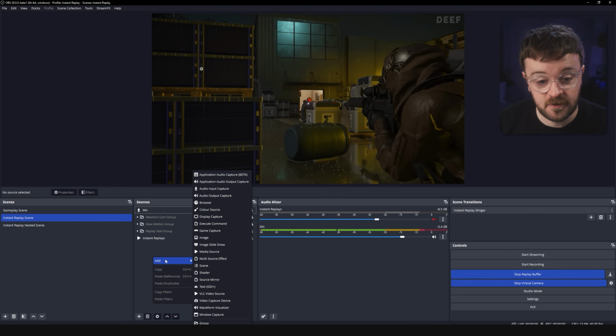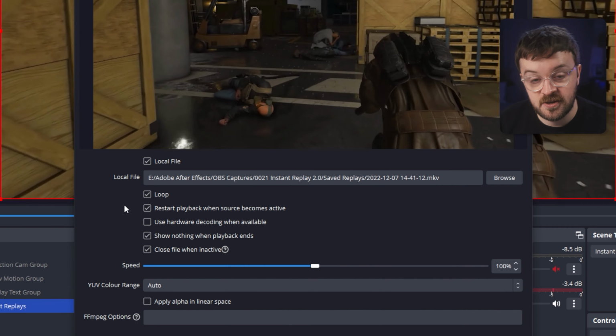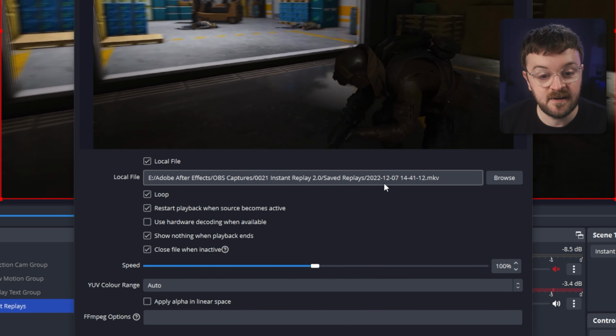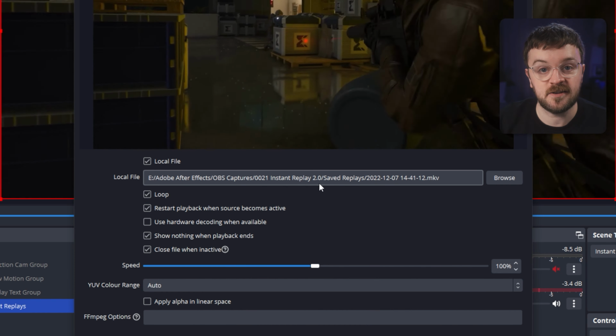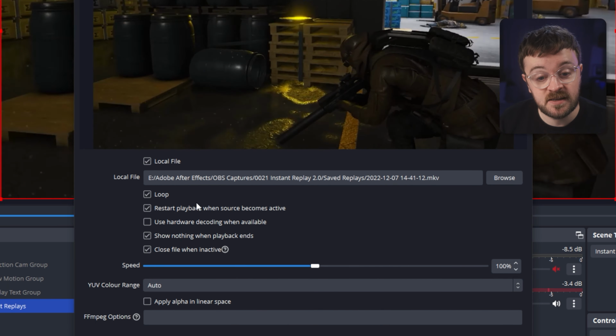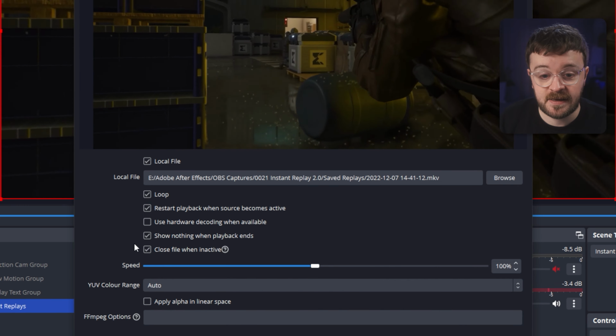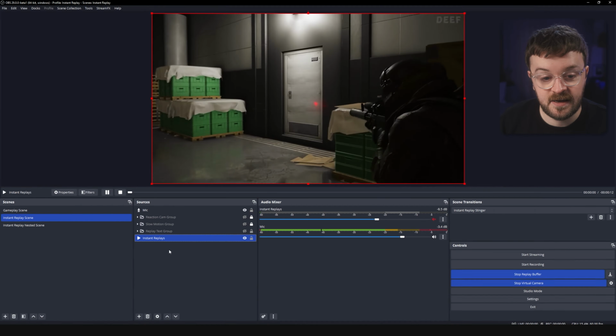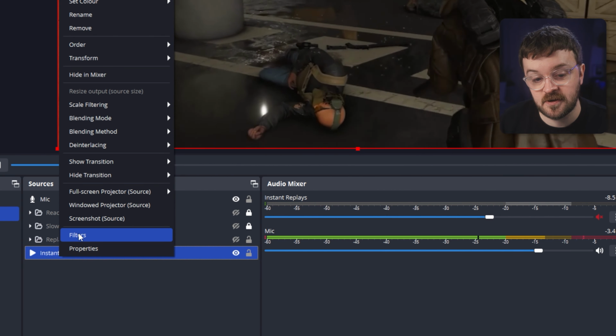So if you right click, go to add, click on media source, and you should get something pop up that looks like this. Don't worry about putting a local file in here. The directory watch media filter is going to do that for us. The main things to focus on in here are the looping option, restart playback, show nothing when playback ends, and the close file when active option. If you've got those four checked, hit OK, and then right click on the actual media source and go into